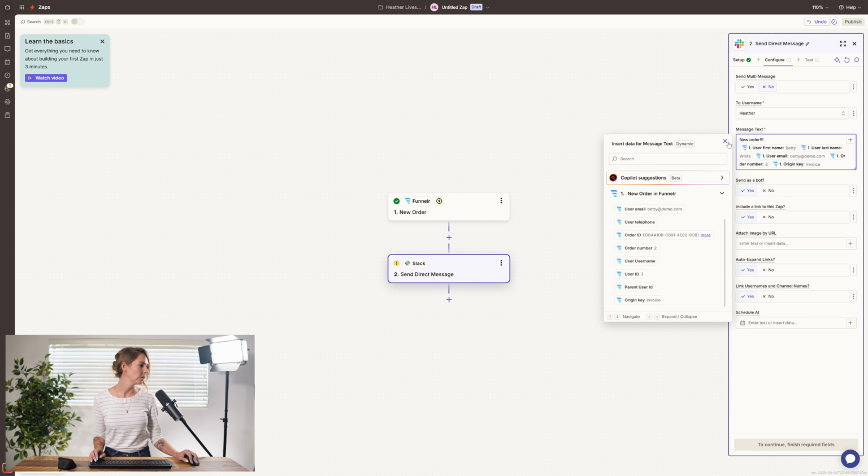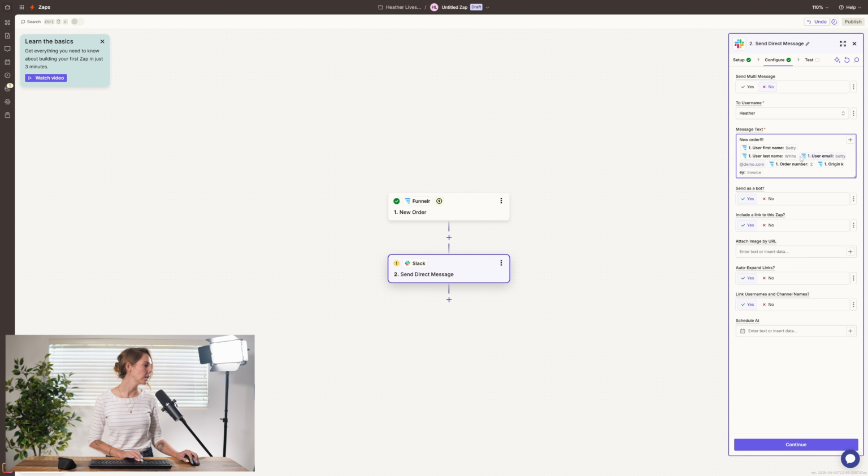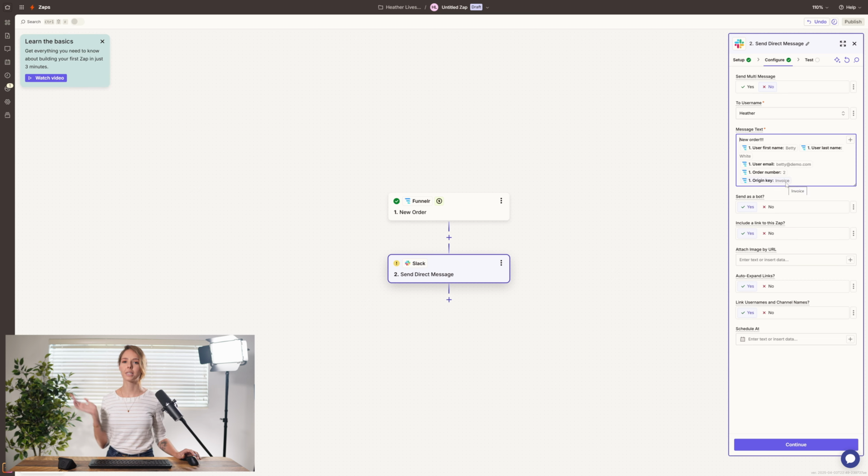All right, so I'm going to exit out of that now, and I've got all of those details there. I can go ahead and separate this so it looks a little bit neater. Well, those can be next to each other, that's fine. And the rest I want to do that. Okay, so now that's a nice little message that's going to be sent to me anytime someone places a new